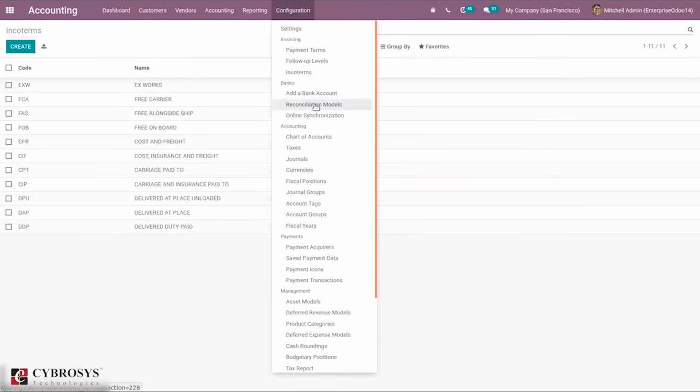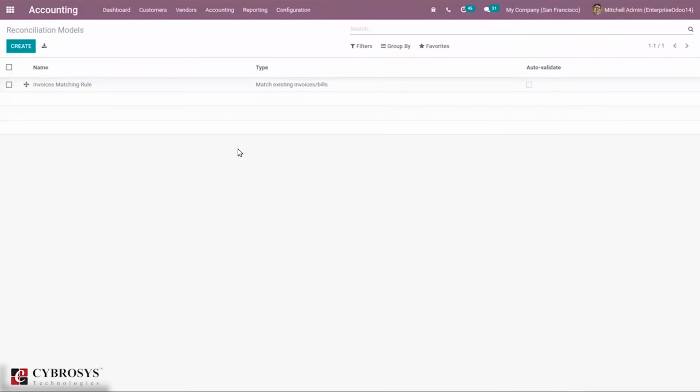Then here we have an option to see reconciliation models. Once the bank statements are correctly imported or created, it is essential to reconcile records properly and ensure all journal entries are balanced and in agreement. To speed up this reconciliation process, you can configure reconciliation models, which are particularly useful with recurrent entries such as bank fees. So reconciliation can be done in a very fast way.